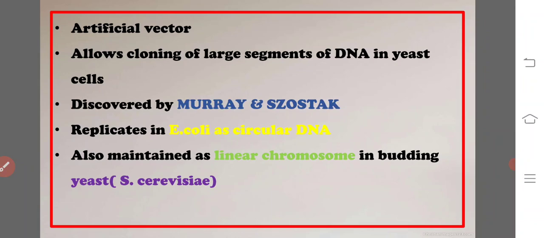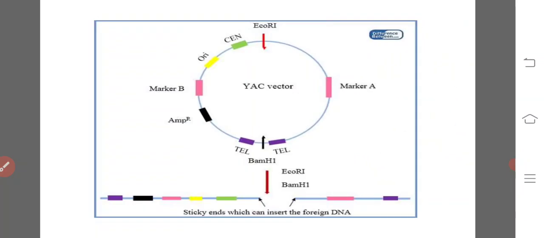It is smaller in size and in circular form, amplified in E. coli, while they are linear and very large in size, amplified in yeast. It can clone large segments of DNA ranging from 100 kb to 10 MB. Yeast artificial chromosome cloning vehicles are the plasmids, and the final chimeric DNA is a linear DNA molecule with telomeric ends. The linear form vector consists of cis-acting structural elements essential for behaving like a natural yeast chromosome.